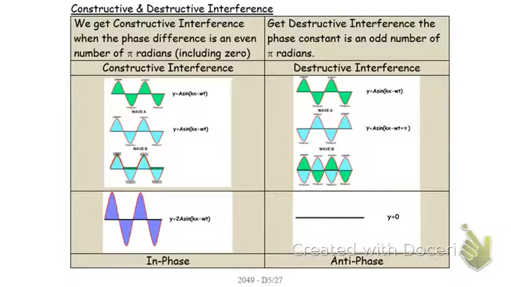This is a visualization of it. If we have these two in phase, it's basically the same equation in both cases. We simply get twice that equation because we're adding constructively. You take that peak, add it to that peak, and you get a bigger peak. You take that trough, add it to that trough, and you get a deeper trough. So this is constructive interference. There's terminology to be comfortable with. And then we have destructive interference.